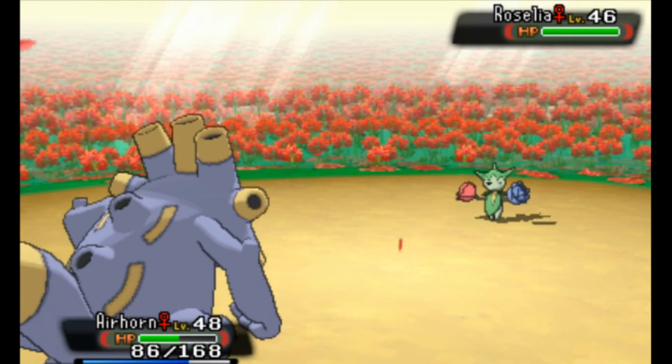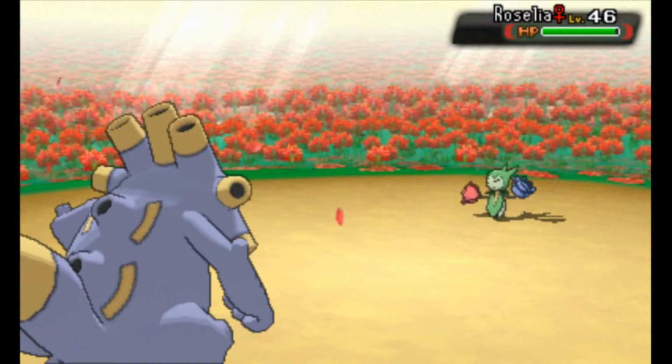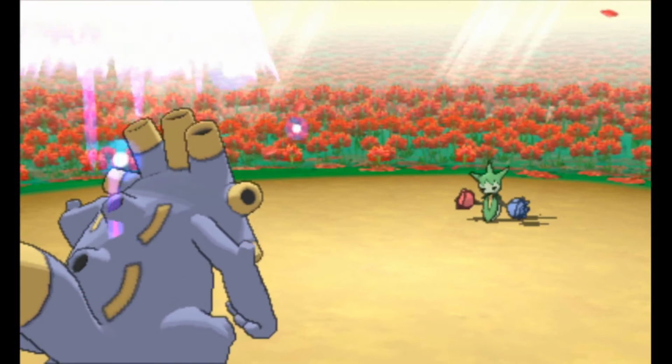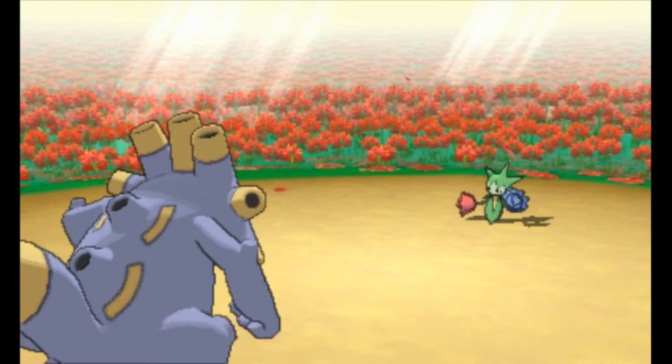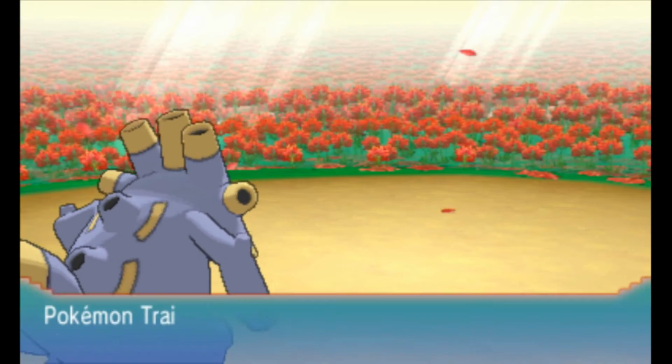I kind of wish he had Roserade here. I mean, Roserade is in the Hoenn Dex, and they really didn't have much excuse for not giving him Roserade here. He does use Roserade in the rematch, I'm pretty sure, the post-game rematch, which I'm not looking forward to unlocking, because that...